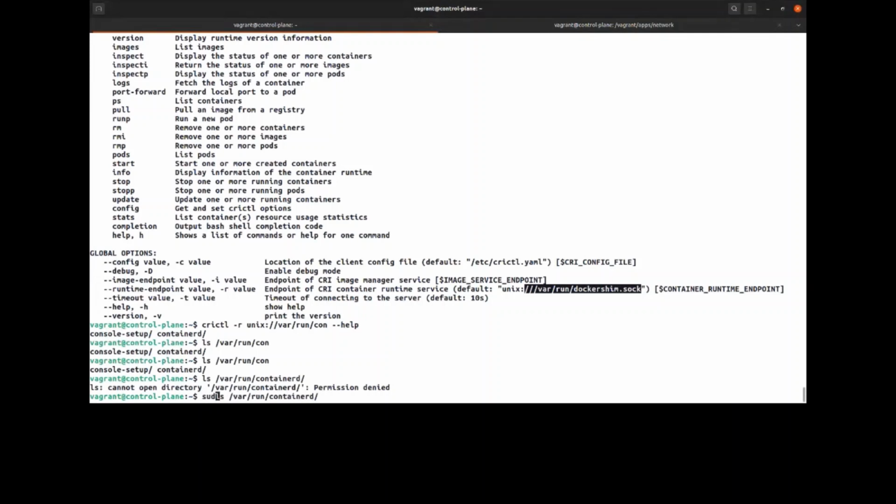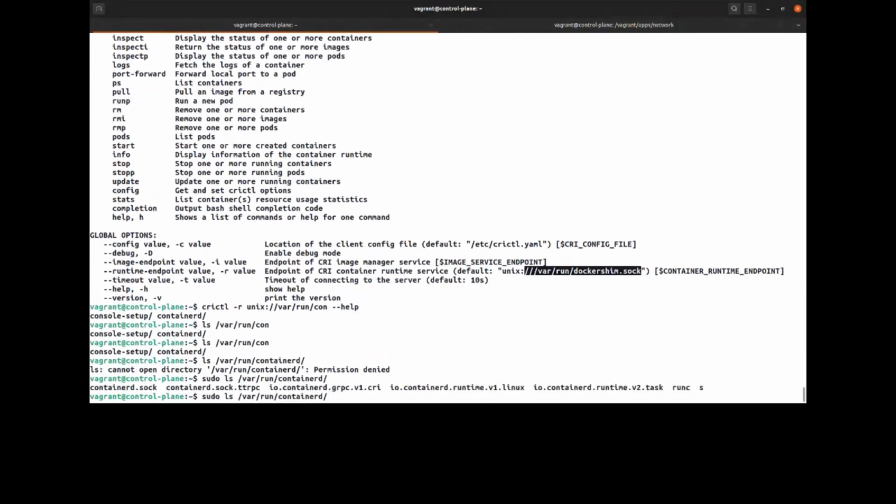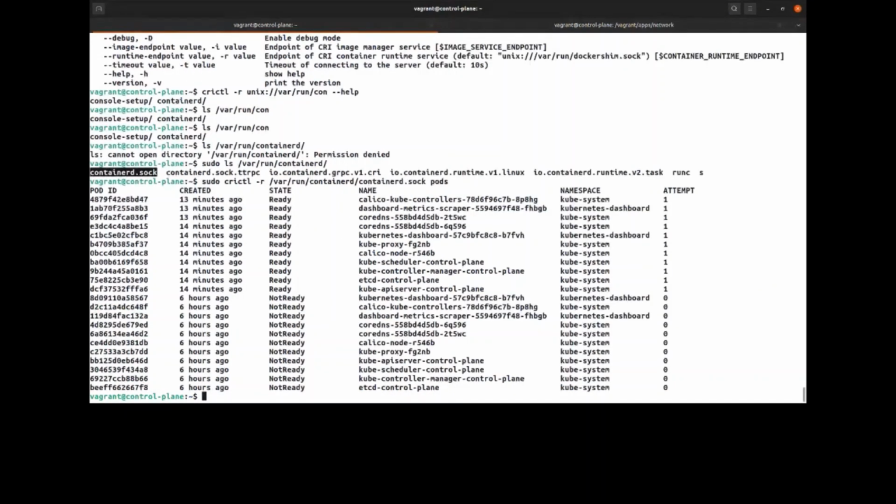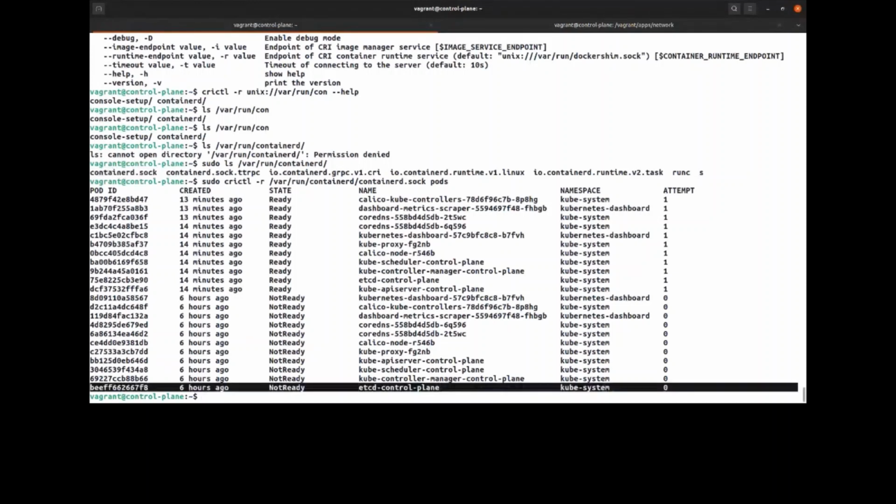Sudo again. I don't remember if in the exam you will be root or you need to use sudo. Most likely you will be root. Okay, so if I do sudo crictl -R, this one, and for example pods, you will see that I have the CoreDNS, I have the etcd running, and whatever.